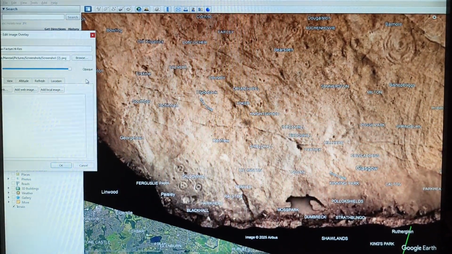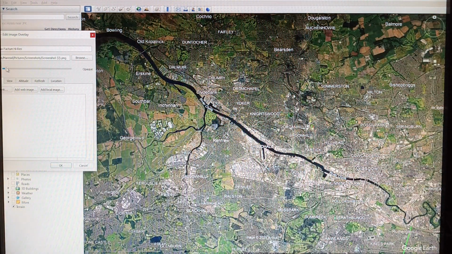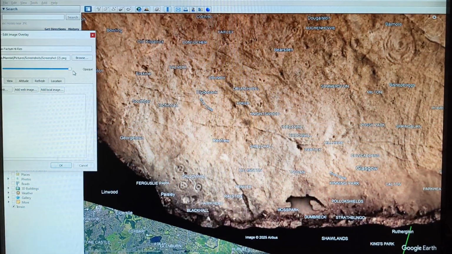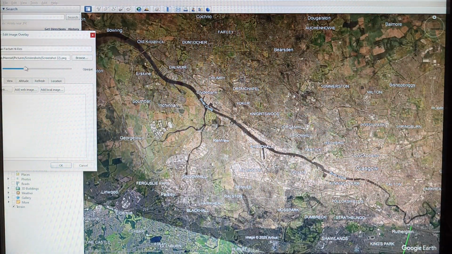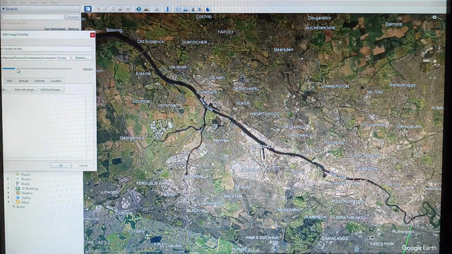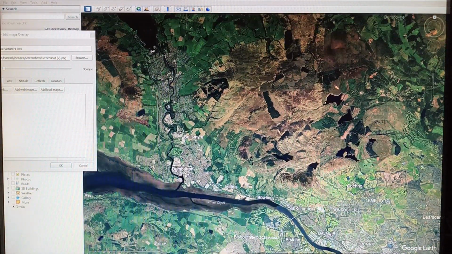All the markings on the stone have meaning. All the lines have meaning. Okay, let's go to another edge of the stone